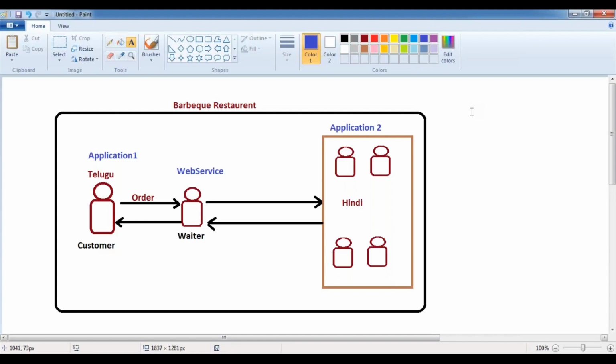For that reason, we are using the help of web services. That web service is going to make the two different applications communicate with each other so that they can exchange the data, the information, the business logic, and the functionalities also. So in order to provide the communication, to exchange the data or the business logic or the functionalities between the two disparate systems,